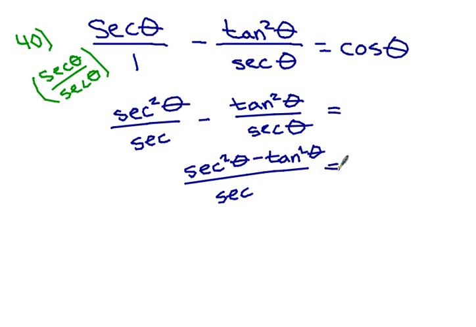And here's where I'm going to start to be like, okay, now what can I do? Well, I know that cosine is the same as 1 over secant. So what do you think I'm going to hope like crazy secant squared minus tangent squared is? 1. Because I want 1 over secant, right? So if I go and look in my toolbox, is there anything that involves secant squared, tangent squared, and 1? And we would see that, yeah, there's something where it's 1 plus tangent squared equals secant